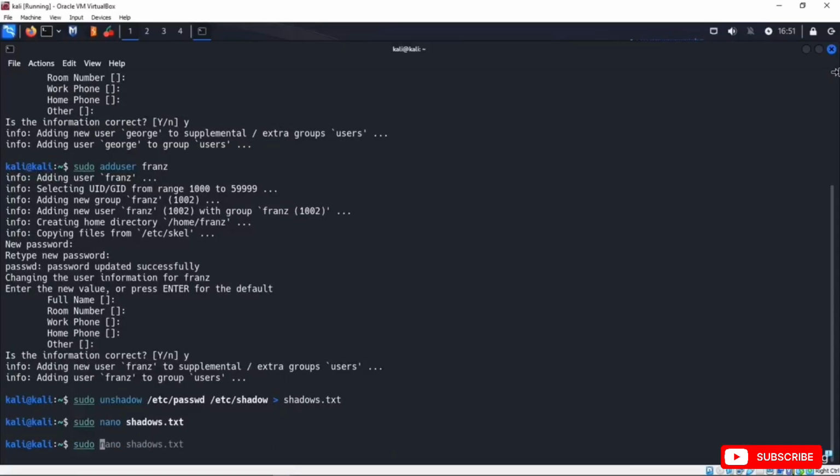Sudo john shadow.txt --wordlist /usr/share/wordlists/rockyou.txt -format